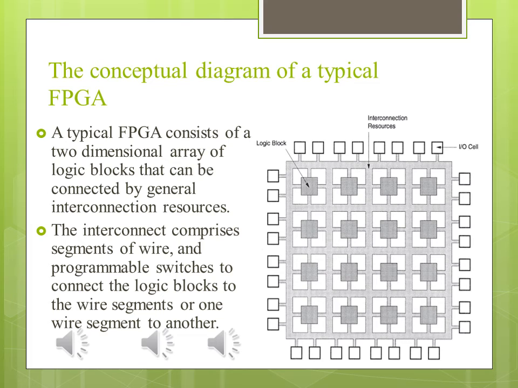The structure and the content of the interconnect in an FPGA is called its routing architecture. The routing architecture consists of both wire segments and programmable switches. The programmable switches can be constructed in several ways, including pass transistors controlled by static RAM cells, antifuses, and EEPROM transistors. There exist many different ways to design the structure of a routing architecture.